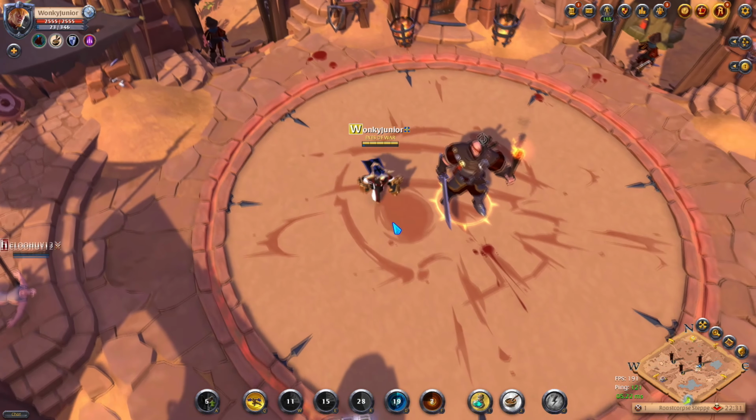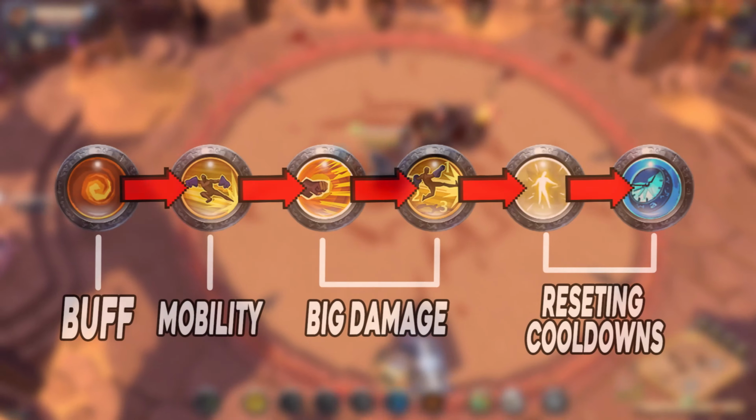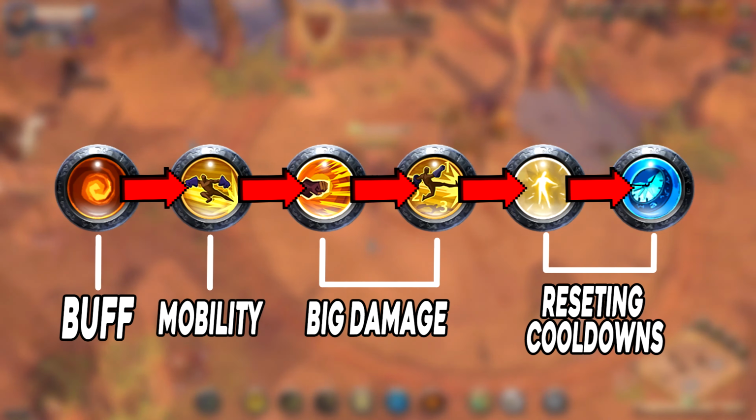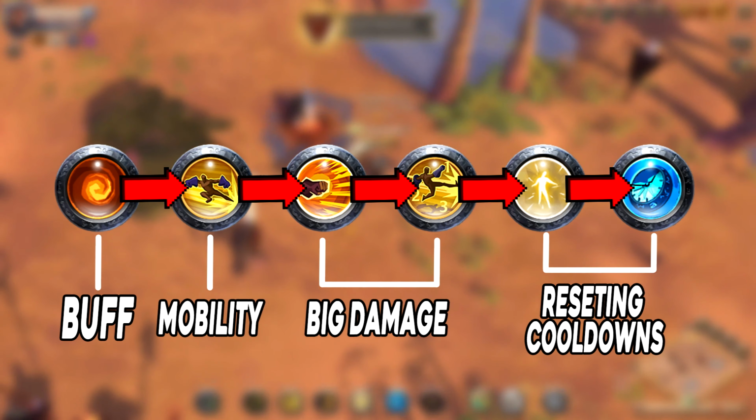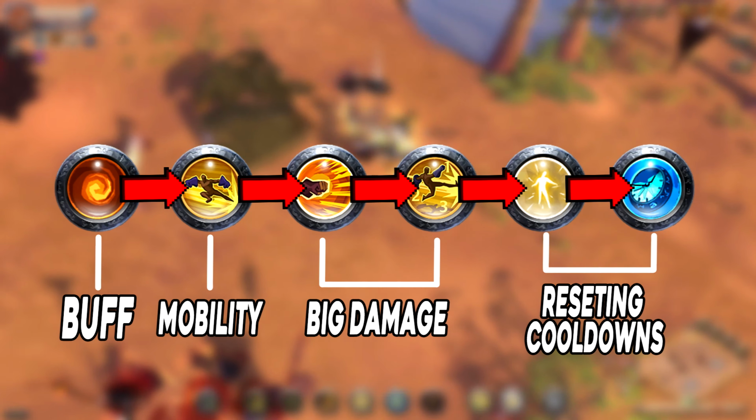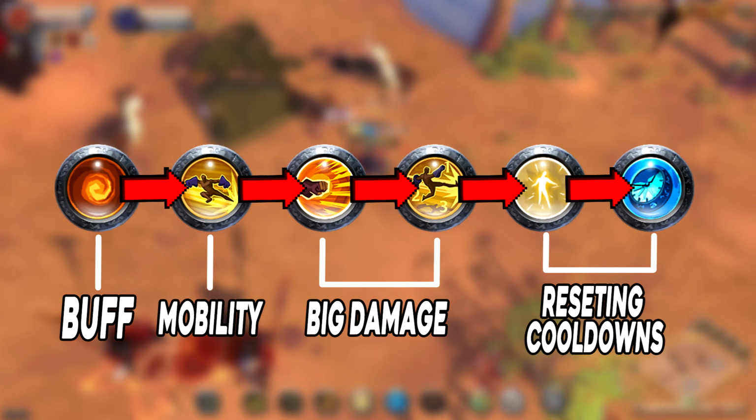So now let's see what we did in this rotation. But first, while using the F ability, we will gain 75% movement speed and plus 15% damage increase. So then we want to use the Q ability to do damage and get closer to the enemy. Then we use the E ability to do massive amounts of AoE damage, and then we finish it off with our